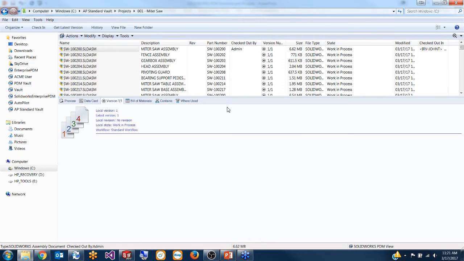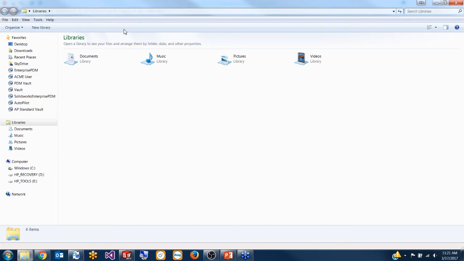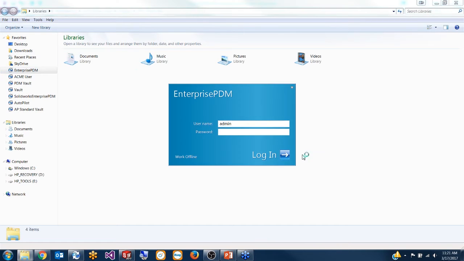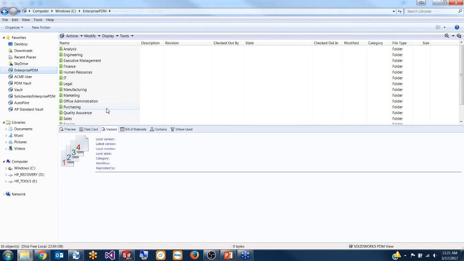Versioning. So again, PDM Standard doesn't have any special versioning in comparison to your PDM Pro environment. With versioning, now you can start having a history that starts being built up within your PDM environment. Now this PDM Standard vault of mine is kind of new. If I show you one of my PDM Pro vaults here, one that actually has history built in,